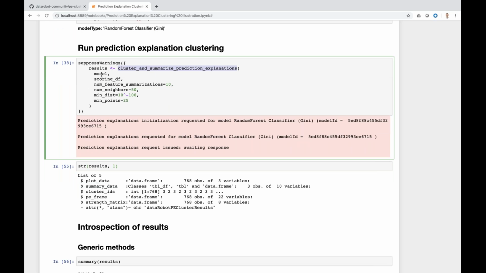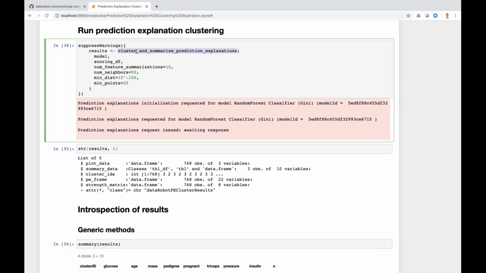So for this function, we have to pass in what model we'd like to use to produce those prediction explanations, the data we'd like to run through to produce the prediction explanations on, and then a set of arguments that are going to inform how the dimensionality reduction is performed, as well as the clustering on the tail end. So I've put in some values here that work on this rather small toy data set, but of course you can explore the optimal values for yourself to see what works best in your particular case.